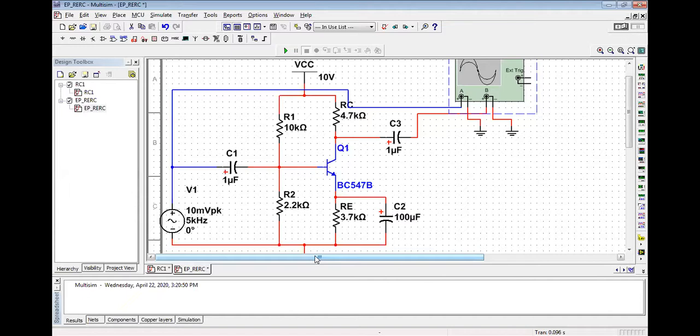But the main thing that I want to demonstrate here is that you can design electronic circuits in this simulator, and you can also do analysis of electronic circuits in this simulator. What are the ways of doing analysis? As I showed you, we can change the value of the input parameters. Let's say for the input signal on channel number 1, we can change the amplitude and the frequency. In the same way on the CRO channel, we can increase or decrease the volts per division and find out the effect. Or else we can change the component values also, that is C1 from 1 microfarad to let's say 100 farad, or R1, R2, RC, any value of the resistance or capacitor, anything we can do here.